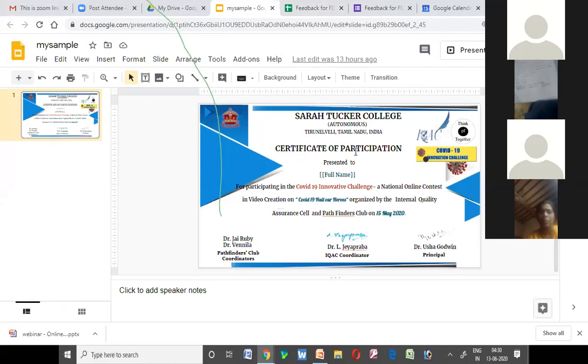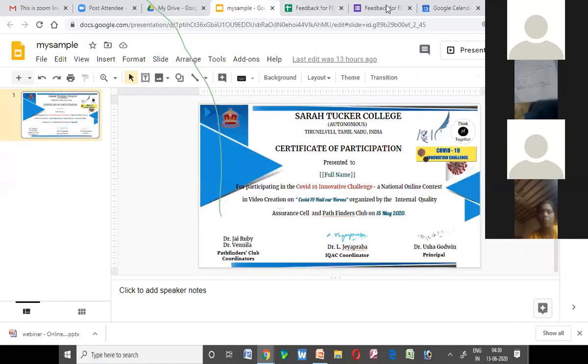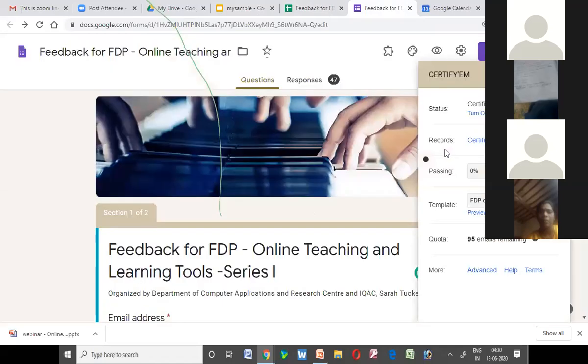Whenever the person takes up the quiz, that date will be displayed. Suppose you want to give a college name, then you have to give the college name. That would be the heading of this particular form. So that is important.